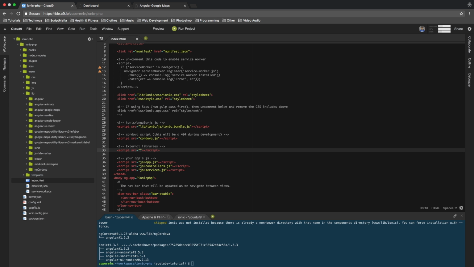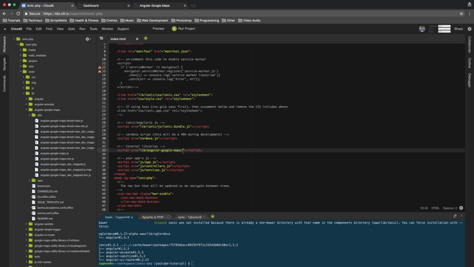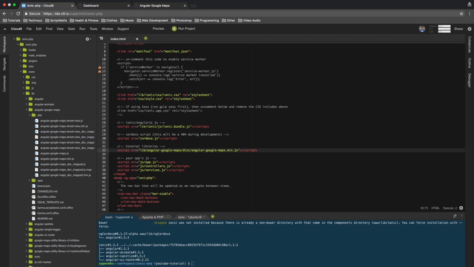And inside here, the first one we're going to include is of course Angular Google Maps. That's located in lib/angular-google-maps. And then if we open that folder in our file tree, we'll see that we need to go into the distribution folder and then the minified version of the JavaScript file. So /dist/angular-google-maps.min.js. You can use the full version if you want, and if you need Street View, of course import those